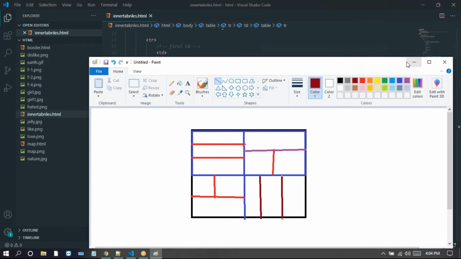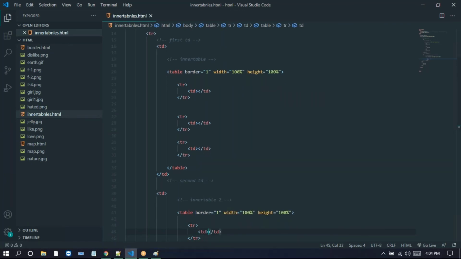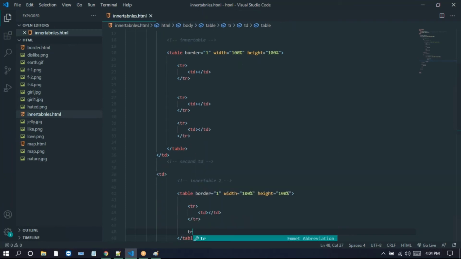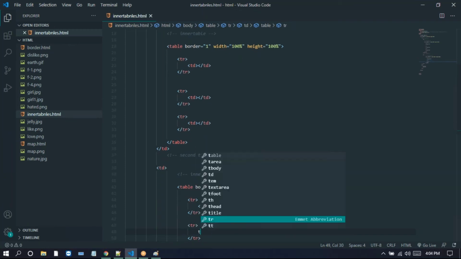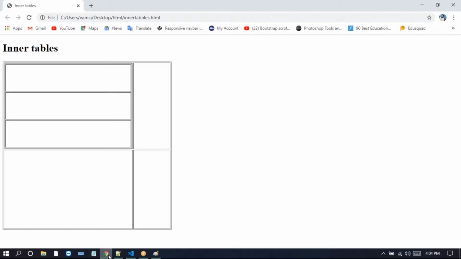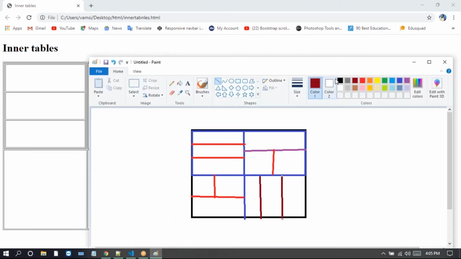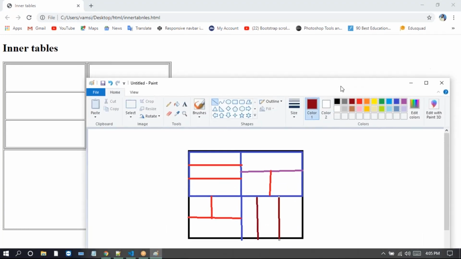Now we just run this one on the browser. Look at this one. They have two TRs. So look at this one, MS Paint. If you go to this paint here, the second TR has the two TDs. So for these two TDs, I'm just taking one more TD here. I just copy this TD. Now we can run this one on the browser.